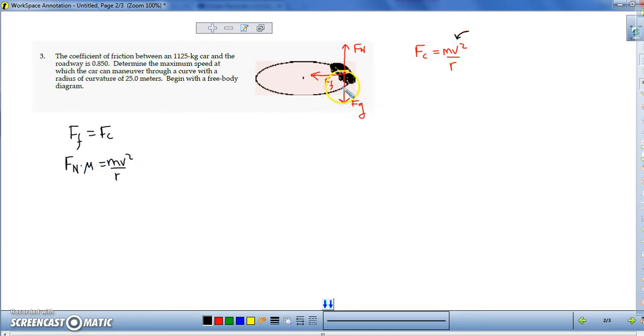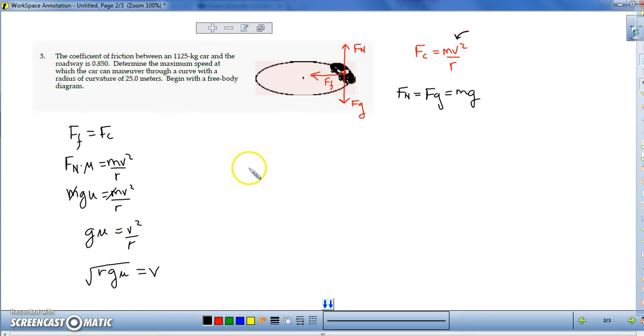r. Now, something that's really nice about this is we're on a level surface, so force normal in this problem does equal the magnitude of the gravity, and by magnitude I mean just the number. In other words, we can set it equal to that. So then we could do this: mg mu equals mv squared over r, like that. And the beauty of doing that is that the mass of the car cancels. So we get g mu equals v squared over r. Or, as you can see, r g mu, so I moved the r up, and then if we square root it, we